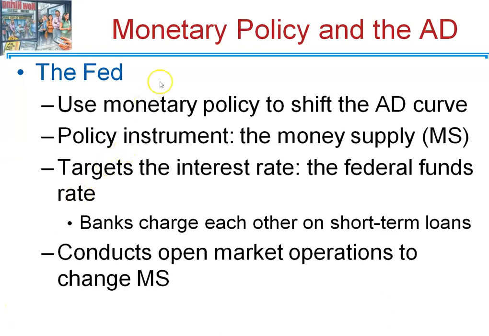So just looking at how monetary policy can impact the aggregate demand of the economy, the Federal Reserve can adjust the money supply. Remember, they control the money supply through buying and selling bonds. And if they want to, they can get banks to lend to each other at a lower interest rate, which is a lower federal funds rate. So they use open market operations to change the federal funds rate, and that's the rate at which banks lend to each other. So it's really the interest rate that banks pay to get their